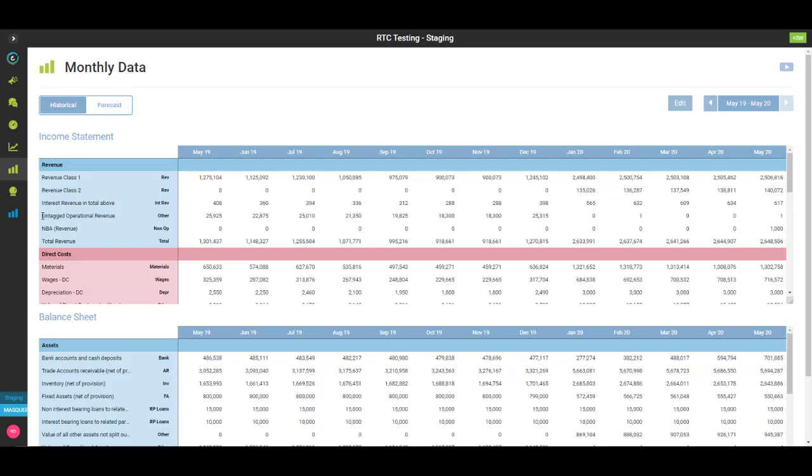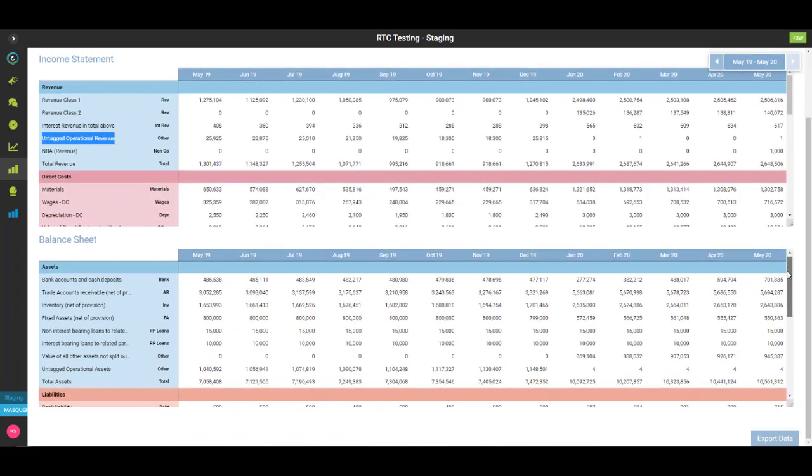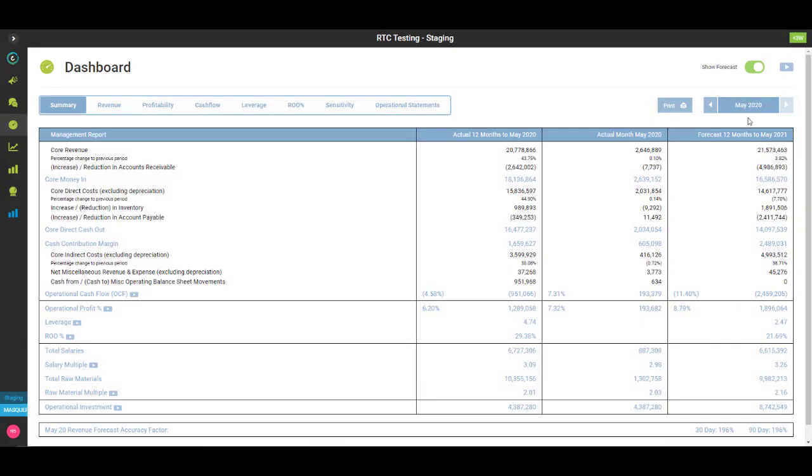I always like to keep an eye on the untagged lines. If that number changes dramatically, it's generally an indication that you've got a new account in your chart of accounts that may need to be tagged. Once you're satisfied that the data is correct in both the income statement and in the balance sheet, then you can go back to the dashboard, where you will now see that it has automatically updated to the